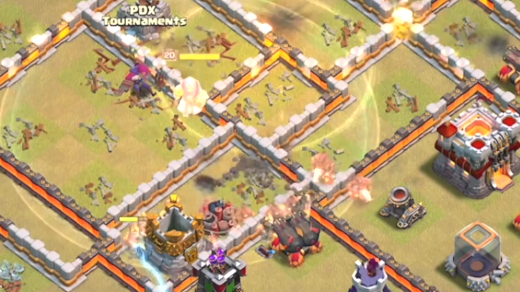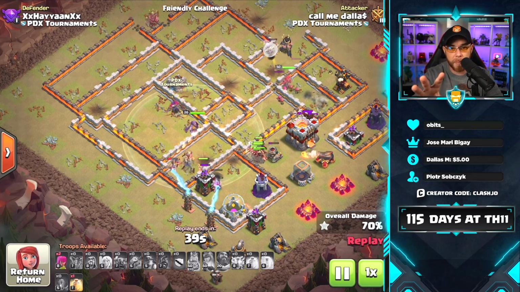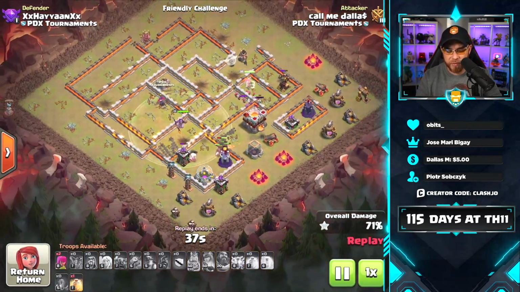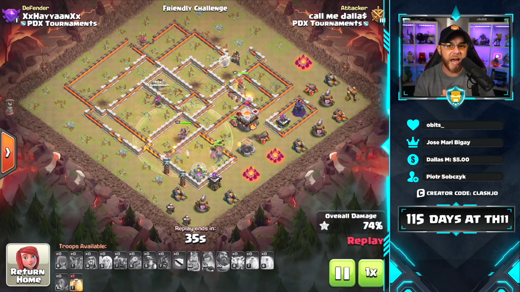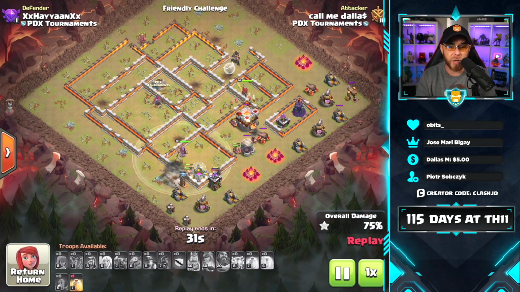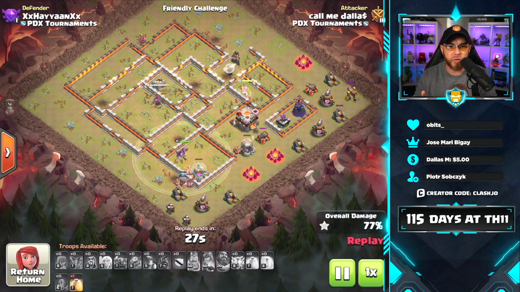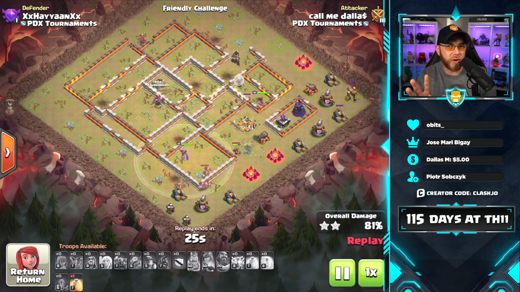That Grand Warden's ability will be used to basically combat this location where we have giant bombs. Now, one of the biggest perks about this army and this particular attack is that this was a first-time strike. He did not get to hit this base multiple times. He only hit it once. And so this was a first-time strike, a first-time 3-star, and this is why I can confidently sit here and